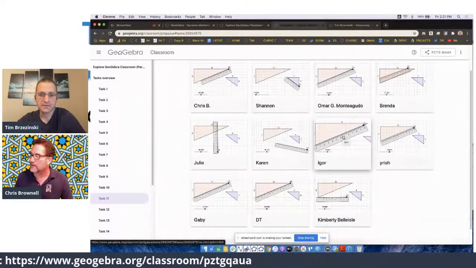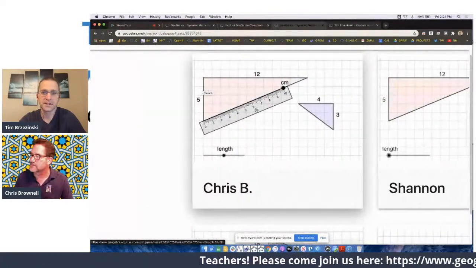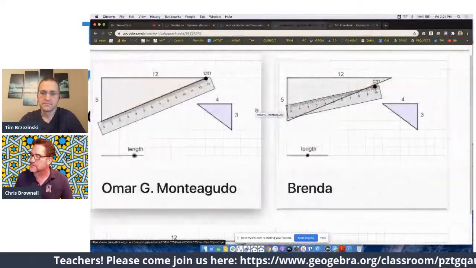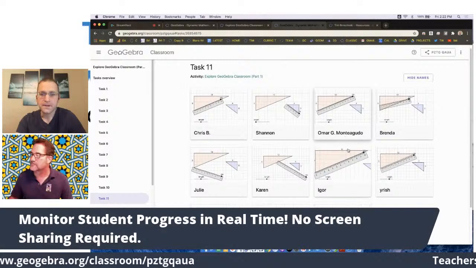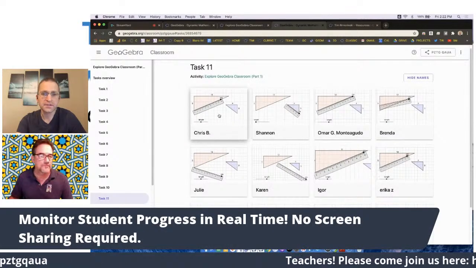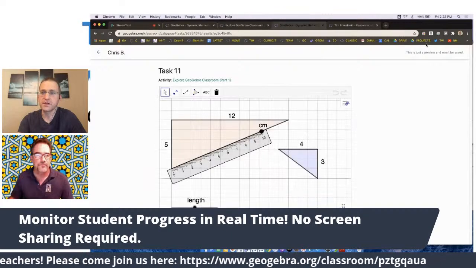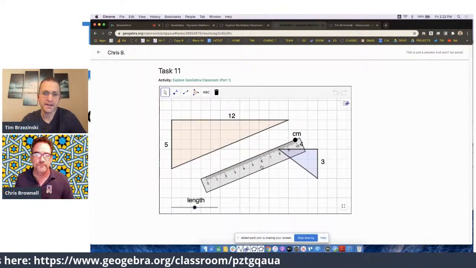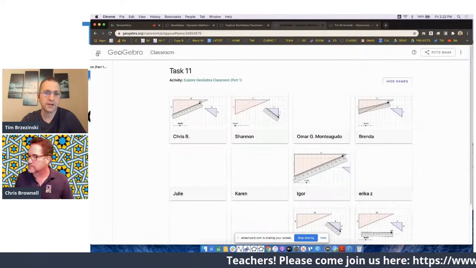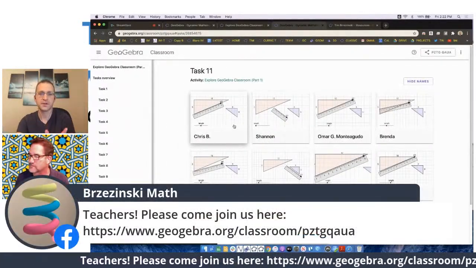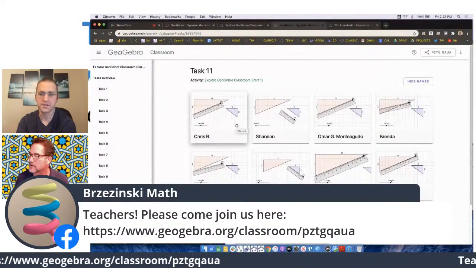But check it out. I'm watching the students measure in real time, and I can actually blow up a little bit here and see. But at any moment from the teacher perspective, Chris, one thing that's important to note is that if I click on any student's work, like say yours, for example, right? This is going to give me a preview, as it says up here. It won't be saved. I can mess with it all I want, but you're not going to see the changes. And when I reload it, you may have moved it, but it's just a preview. So it's not going to save when I go in there. You're the one that's going to be able to make the changes and save it.